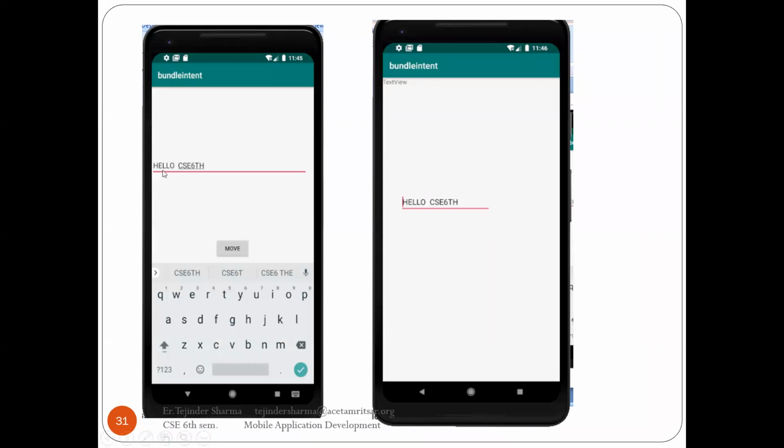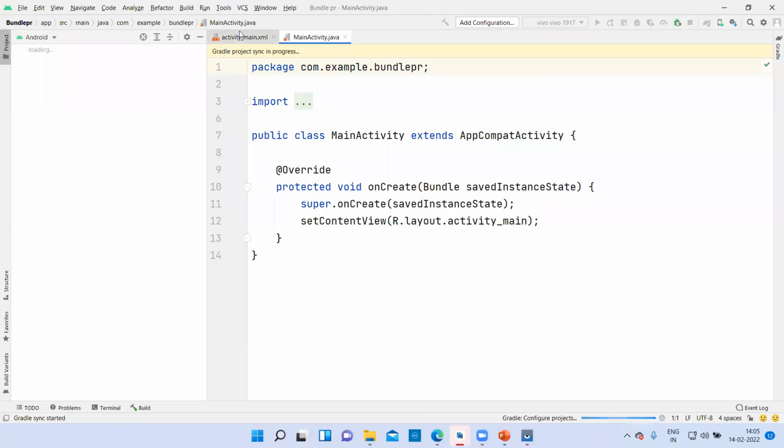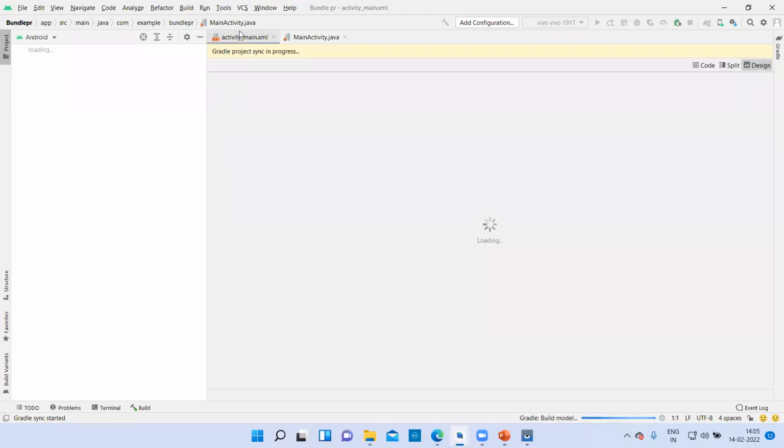Here, as you can see, this is Hello CSC6, and it is displaying this text on the second activity, only Hello CSC6, no button is there. So let us do it practically. Let me come up with that and we'll start.